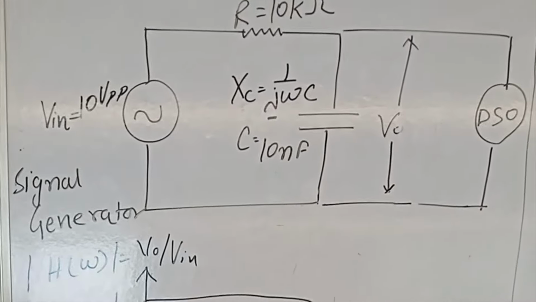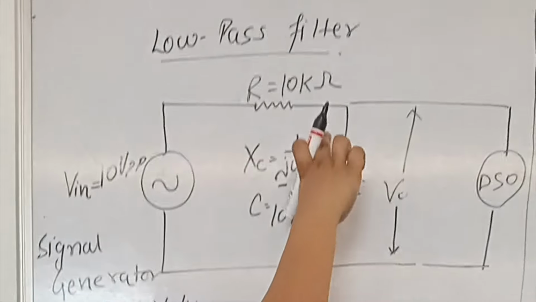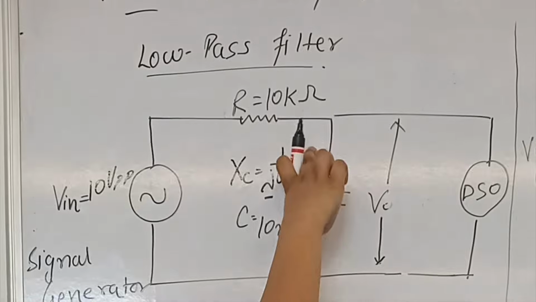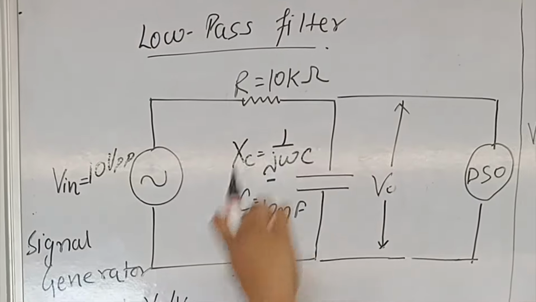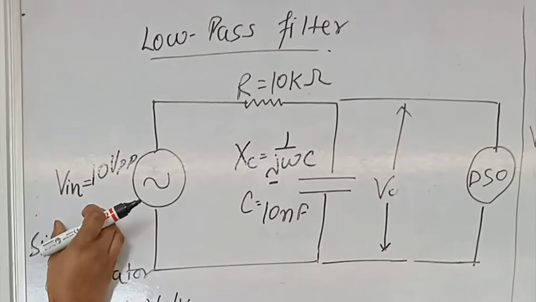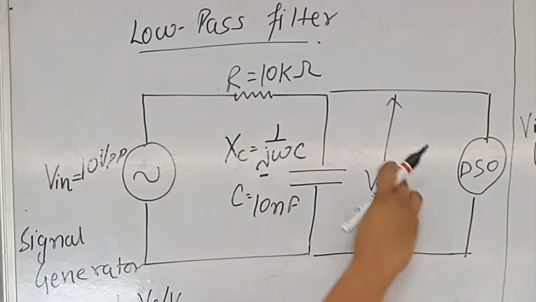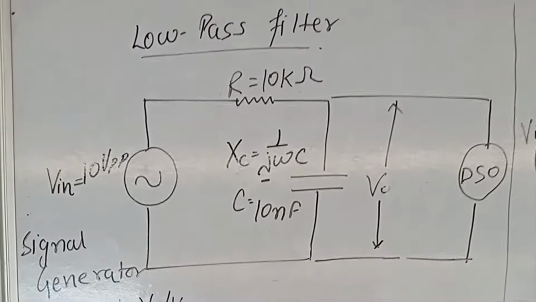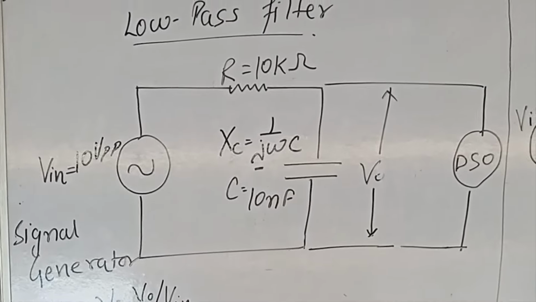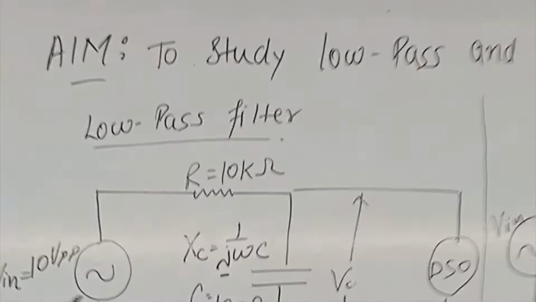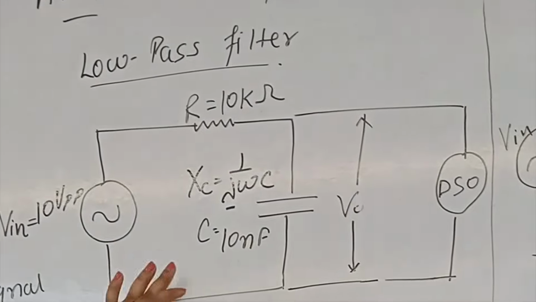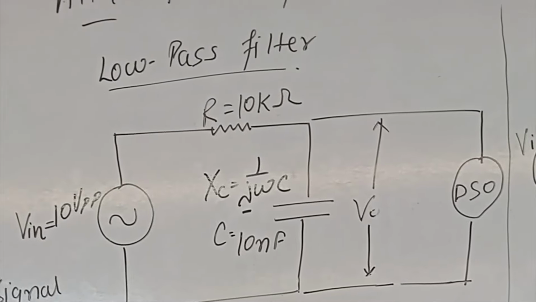low value, or you can say nearly zero, because of which all the voltage will drop across the resistance and the voltage drop across the capacitor would be very less. It means suppose at the input you have given 10 volts, here you will get very less voltage, which would be around 0 or near to that. So it means that this circuit is not passing the higher frequency signals to the output. In this way, this will act like a low pass filter.